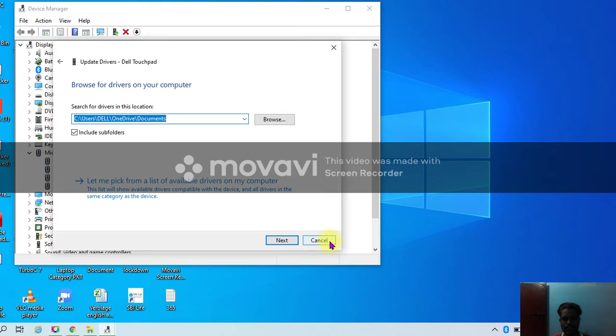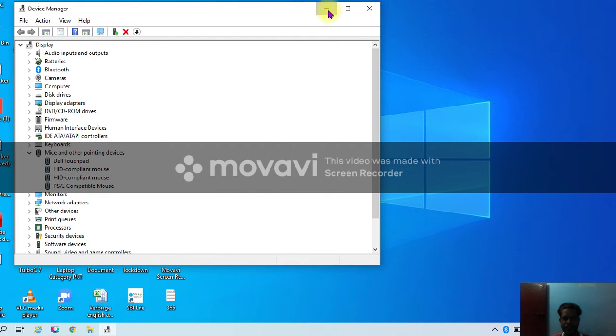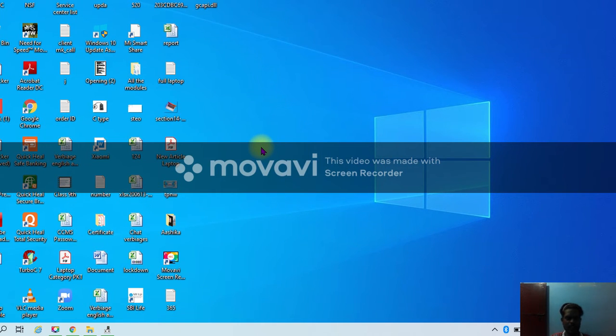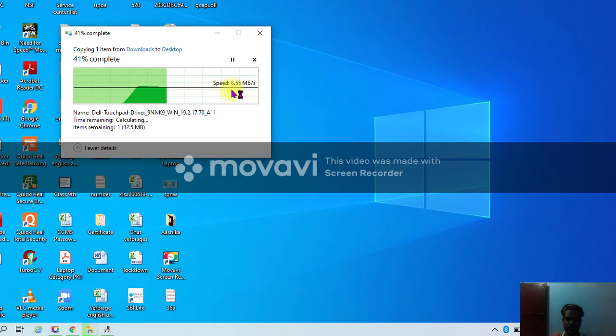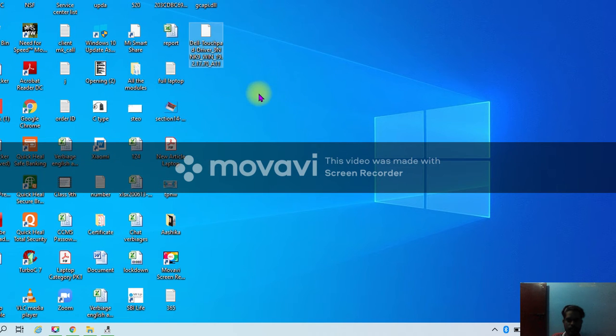Sometimes it may happen that if you have an exe file, this browse option will not work for you. I don't know why it's not working. Let me check this one. Okay, so it's there. Hopefully it will work.